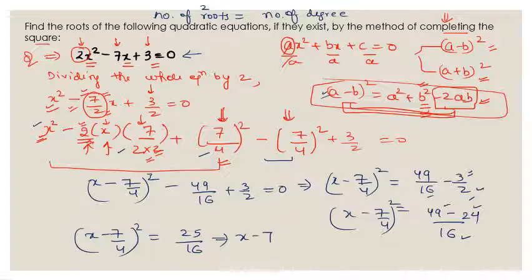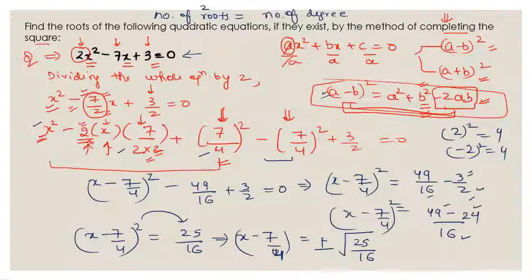So in order to solve this, if you take this 2 here, it will become a square root, right? Now you have to add plus minus also. Why? Because if you see, 2 square is also 4 and minus 2 square is also 4. So when you take the square root of 4, it will give you both, correct? Now it can depend on the situation whether you want to take minus or positive, but we have to take both here. So you know square root of 25 is 5, square root of 16 is 4, plus minus, and x minus 7 by 4 on the left hand side, correct?